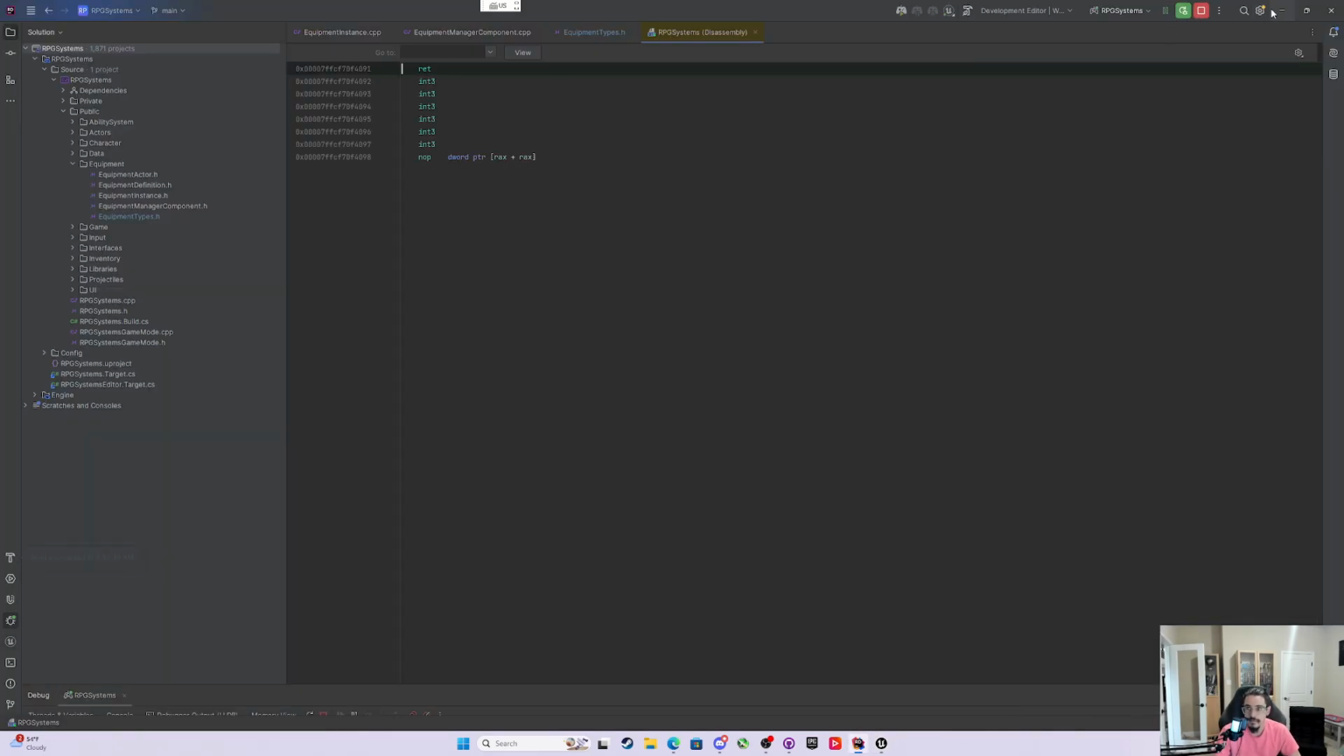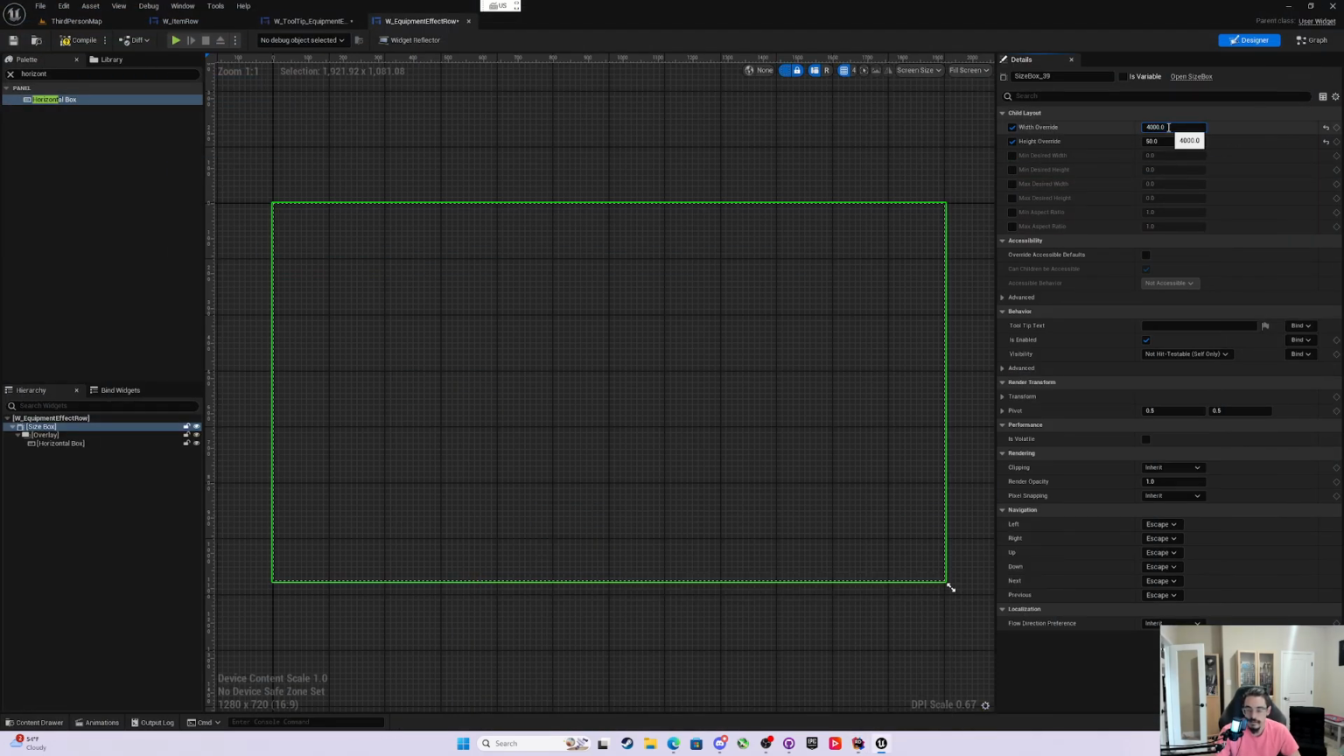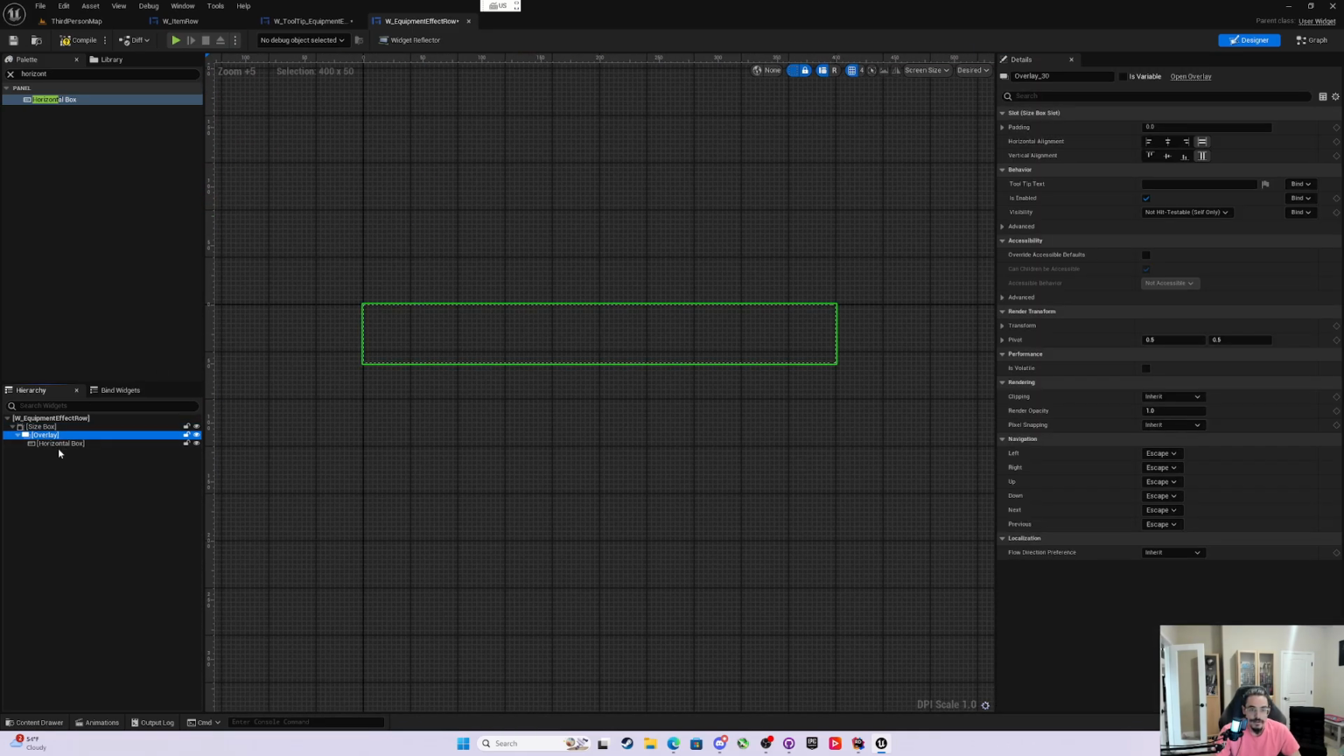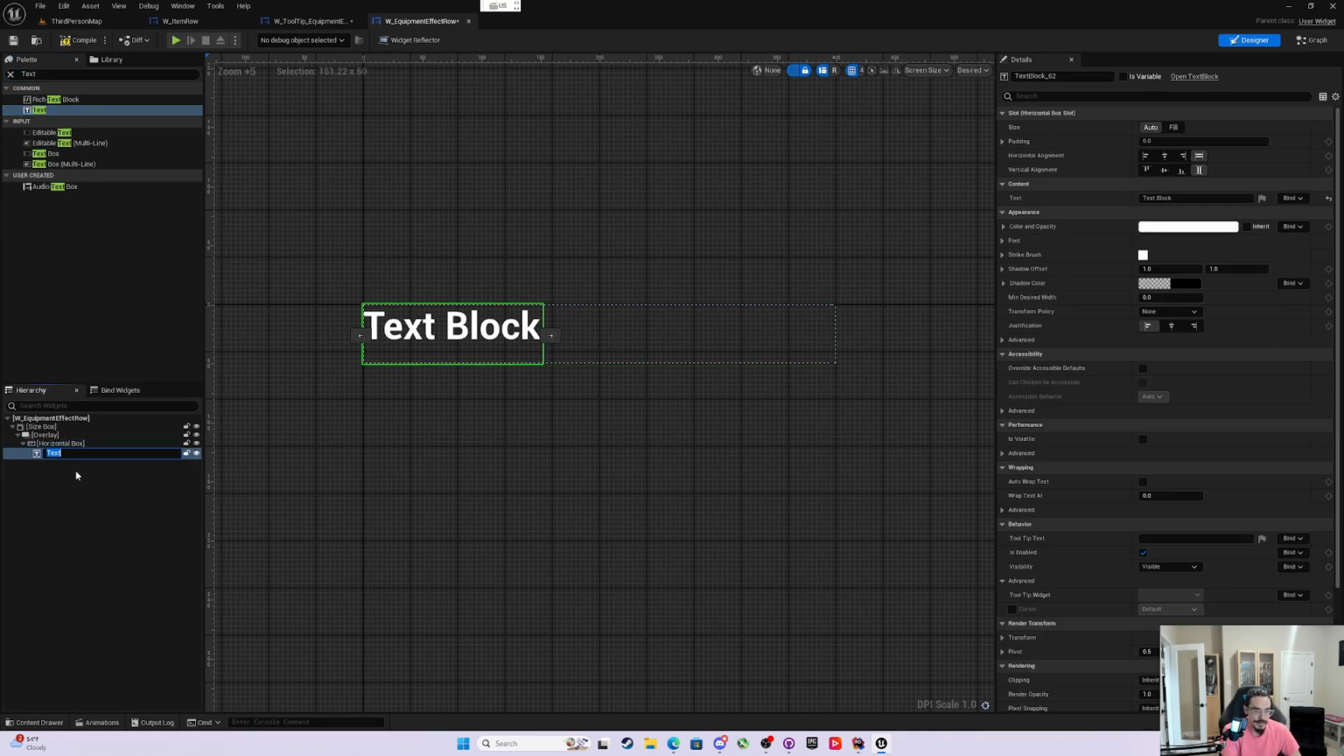Whoa! Excuse me. Hit the wrong button there for sure. 400 by 50. Desired on screen. The overlay fills it up. The horizontal box is not filling it up. So let's fill it up. And then inside the horizontal box, I really just need text. And this text will just say like effect name